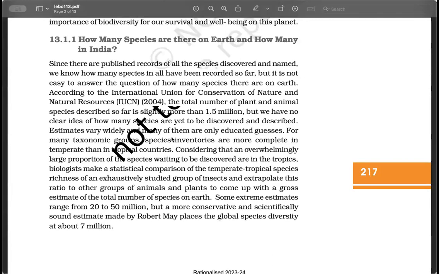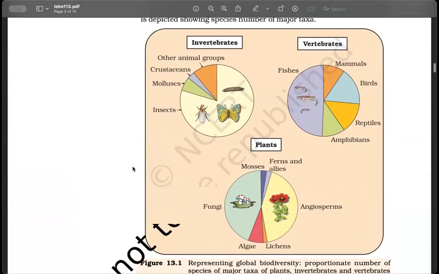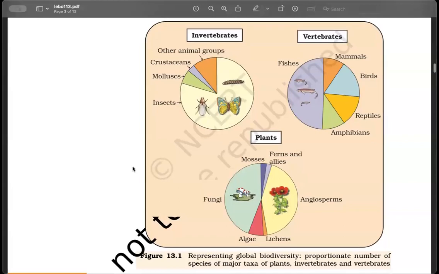No. Okay, so connecting to that, we were talking about how the biodiversity has been very dynamic since the dawn of life on planet Earth. And that brought us to this figure, which I think Rabia and Mariam have already done as an assignment in the last class. But since Iram was not there, Parker, are you there?